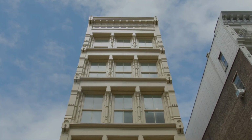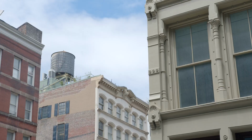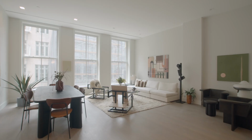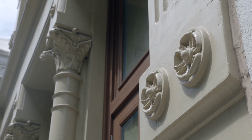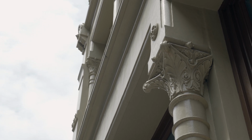Welcome to 74 Grand Street, a boutique new development project unlike any other. Located in the heart of Soho's historic district, 74 Grand Street has been completely restored to 5 beautiful floor-through condominium loft residences. Originally built in 1885, the developer painstakingly restored the 32-ton cast iron facade so perfectly that the building